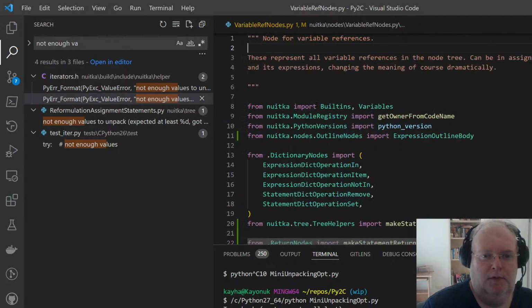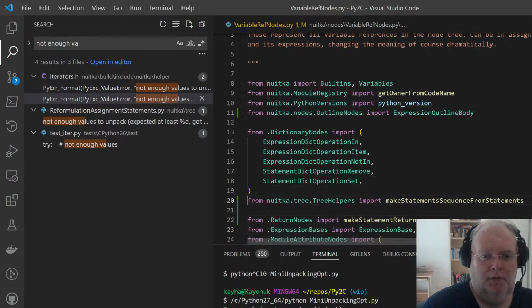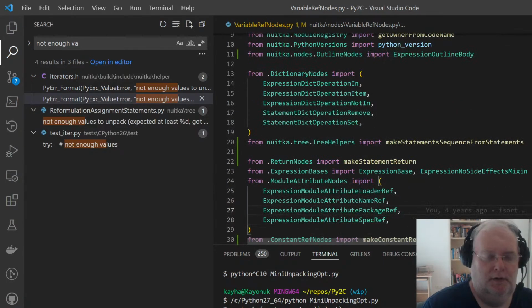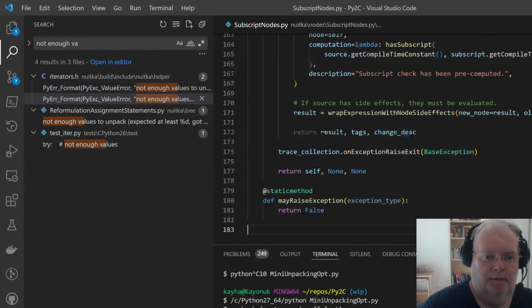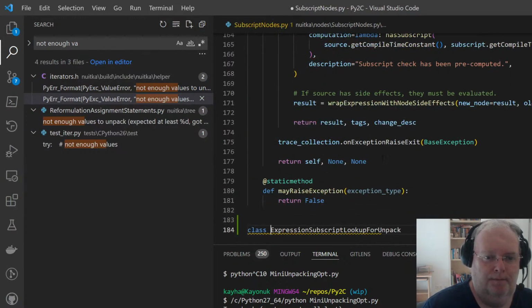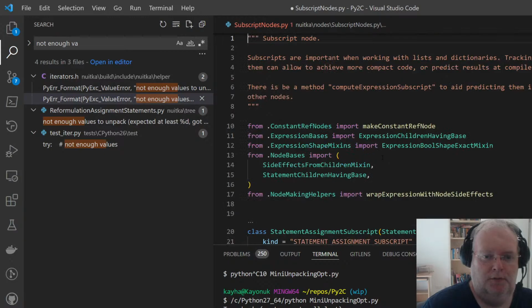Do I put them into? Yeah, I probably will. It's still in subscript nodes. It will crash because of no code generation.